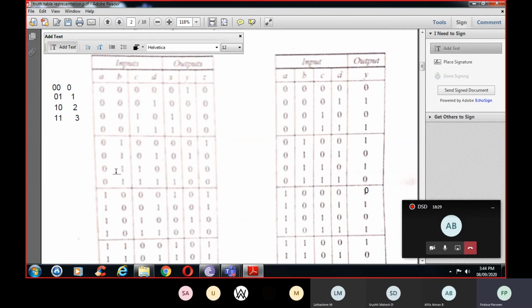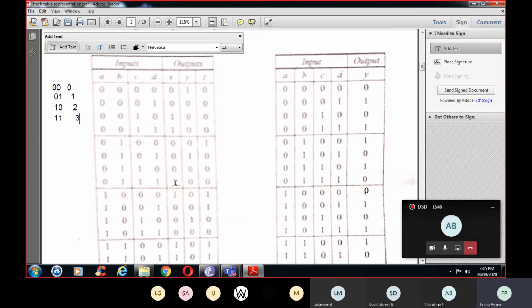Here it is 1, 0. That is 1 minus 2 or 2 minus 1. It is 1. It is not differing by 2 or more. So it will be 0 itself. Okay. So here it is 0, 1 means 1. 1, 1 means 3. So 3 minus 1 again it is 2. So here it is differing by 2.